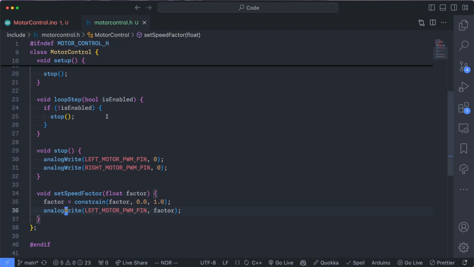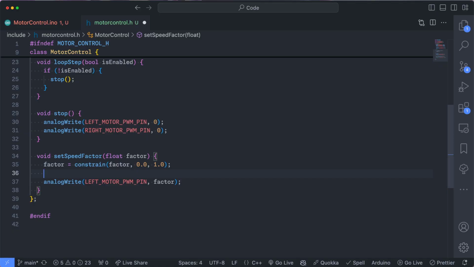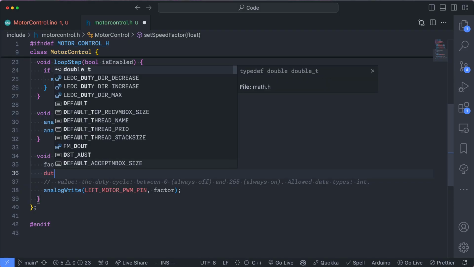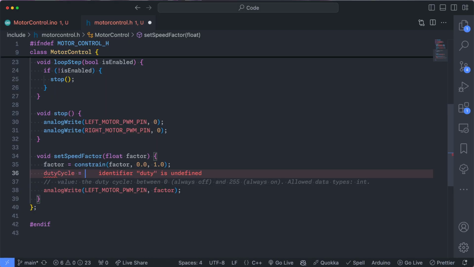So jumping back to our motor control code, this factor here should be in the range 0 to 255, where 0 would be corresponding to our 0, and 255 would be corresponding to 1.0, or 100%. We could have the user pass in that value directly, 0 to 255, but I have trouble thinking in, what's 80% of 255. It's easier for me to pass in 0.8 for that. Luckily, we can use a function called map,